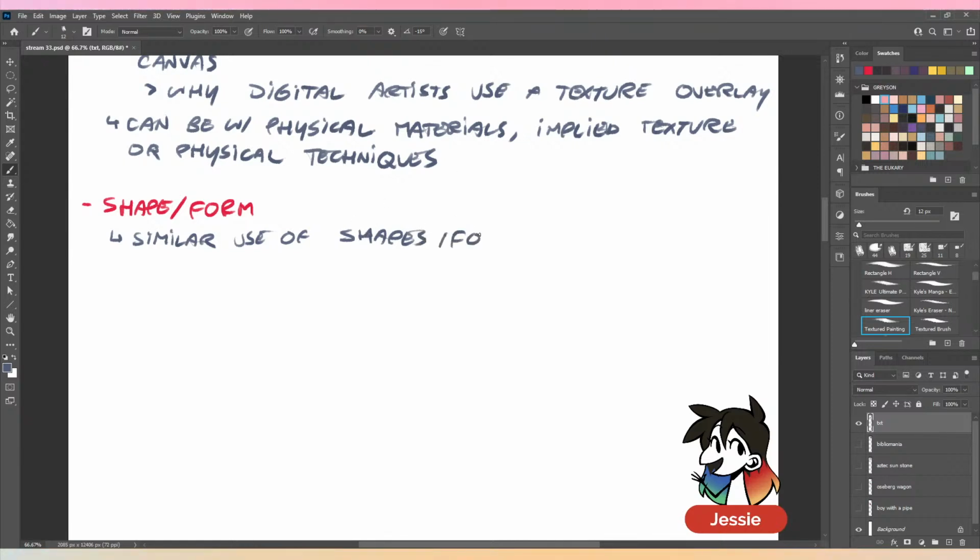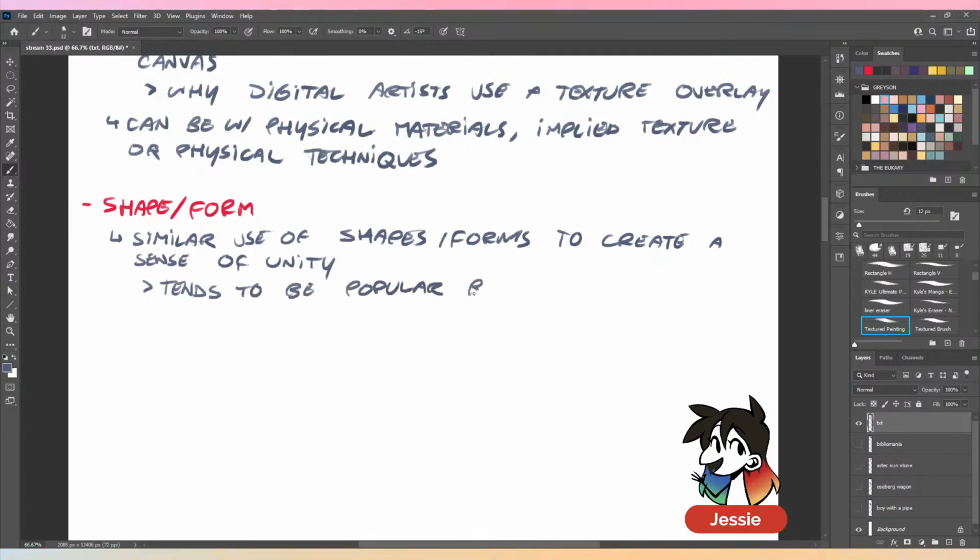So similar use of shapes or forms to create a sense of unity. Shape, form. Ooh, yes, indeed. Shapes and forms are usually people's favorite when it comes to the sense of unity, just because it tends to be popular. Because,